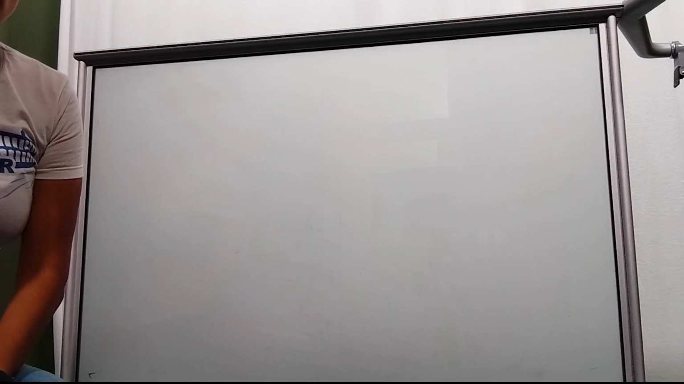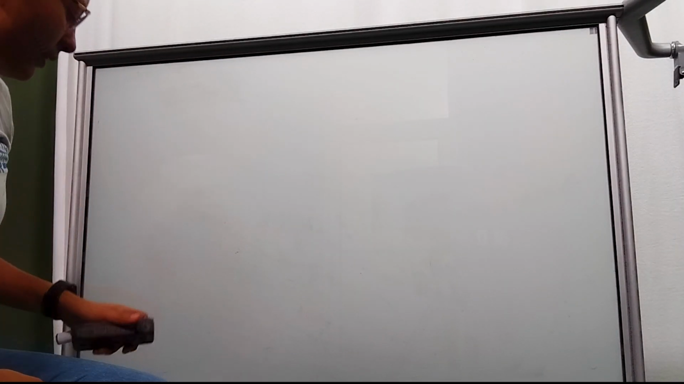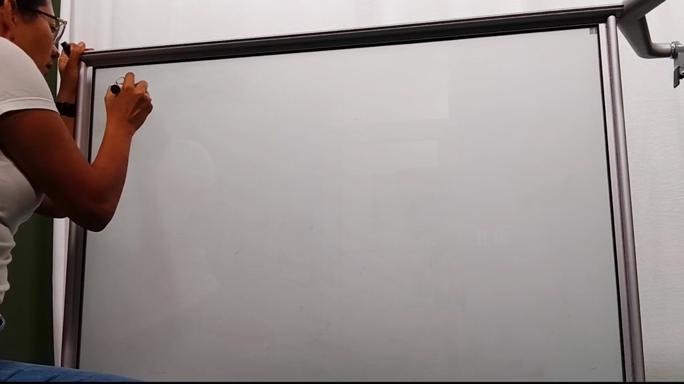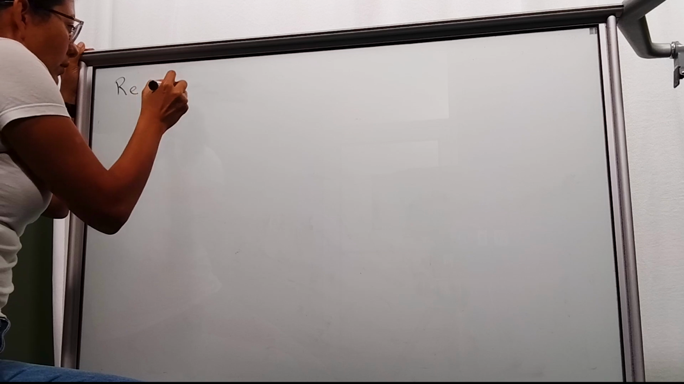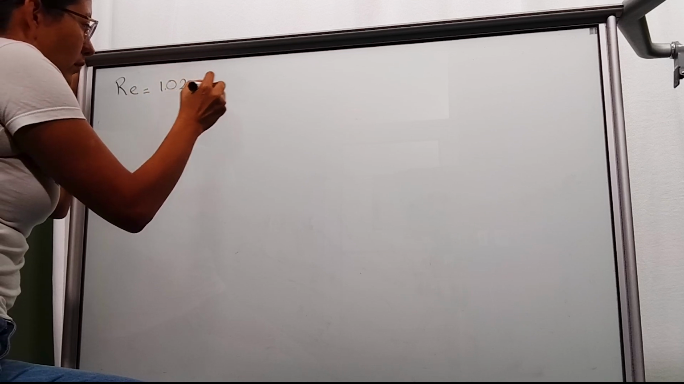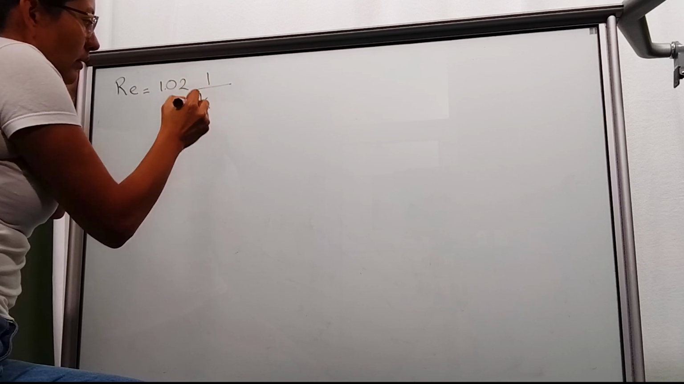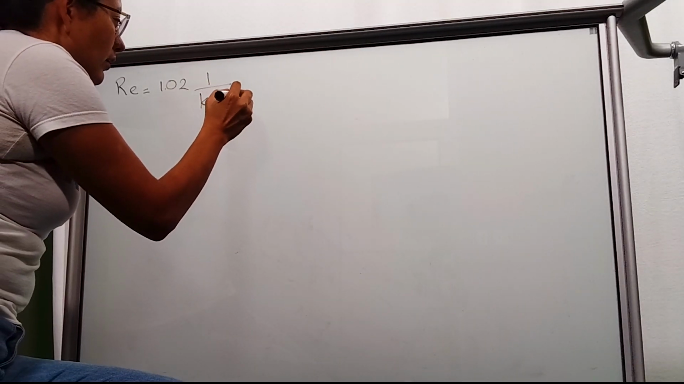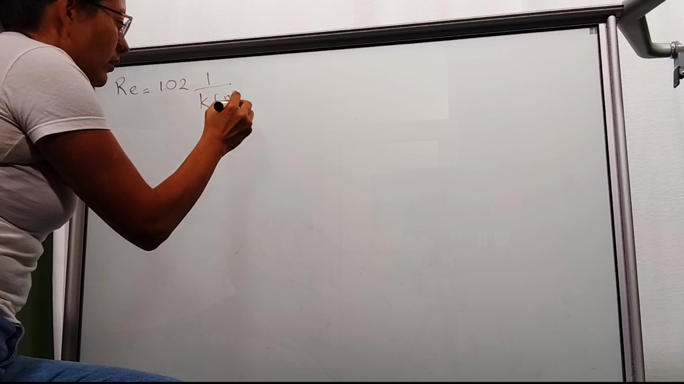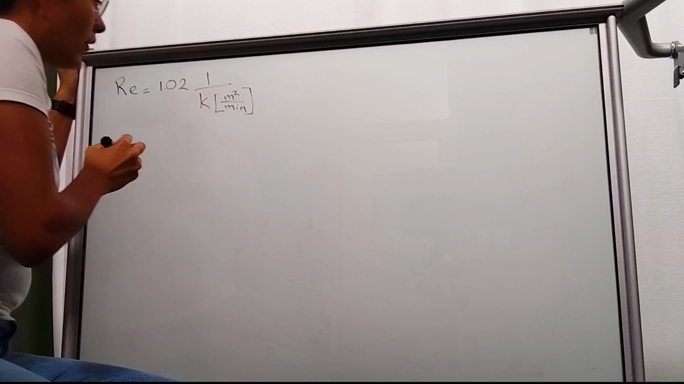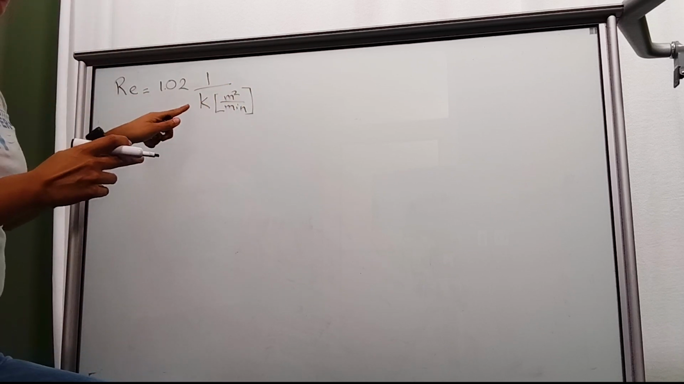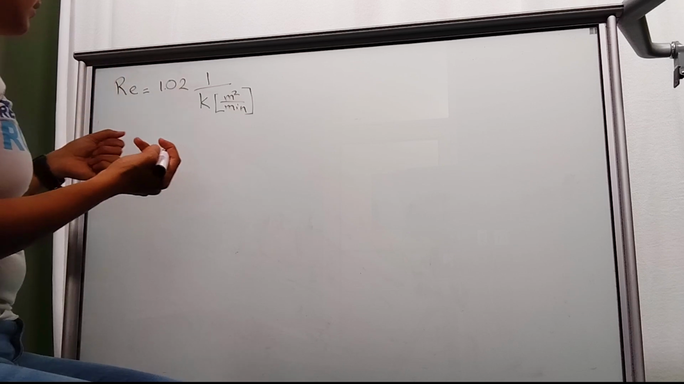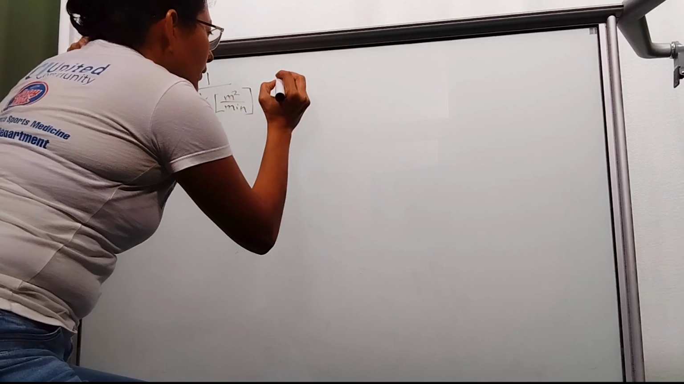Hi guys, I'm gonna show you how to solve problem 2 of homework 1. So we're gonna depart from this Reynolds equation, where this is the kinematic viscosity and the units were square meters per minute. So the first question was to determine what would be the units of this constant. This part, most of them got it right. So the units of 1.02